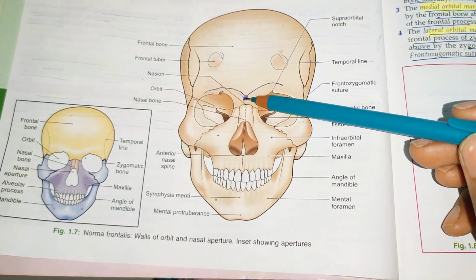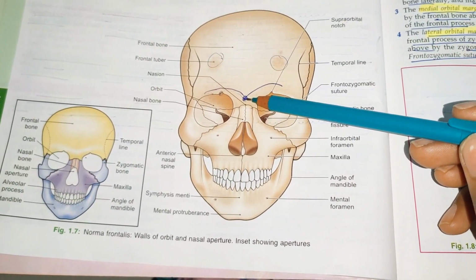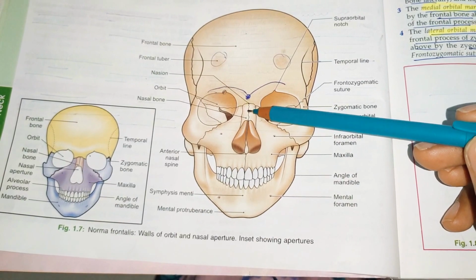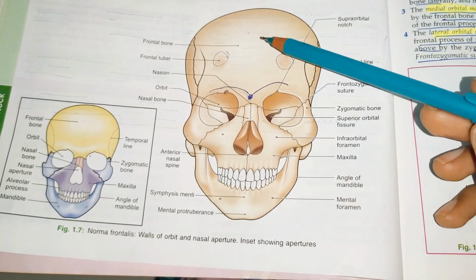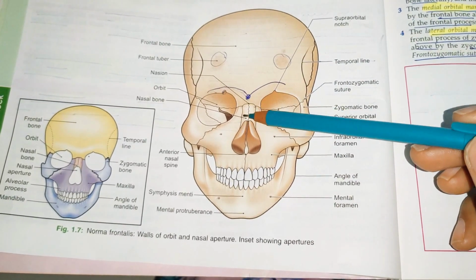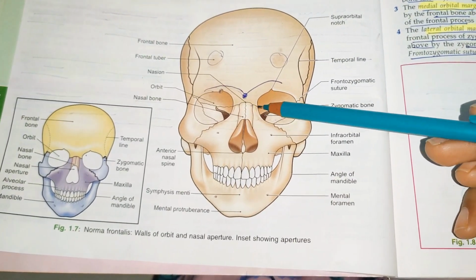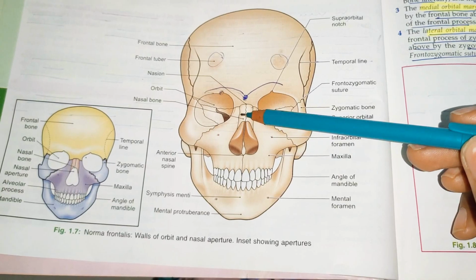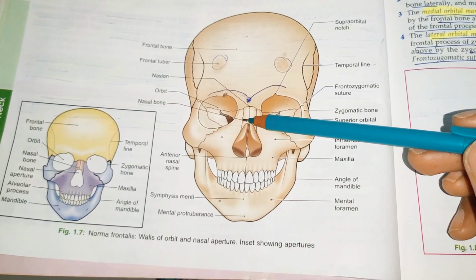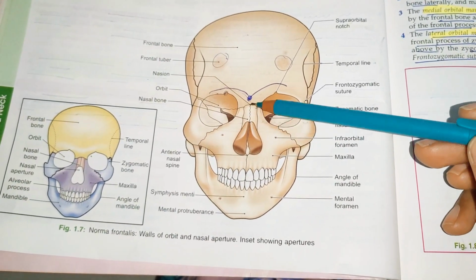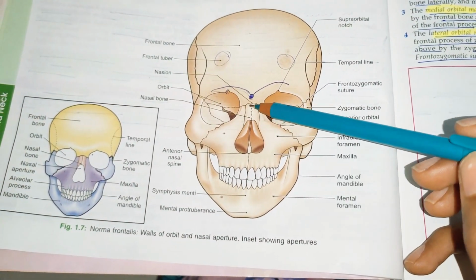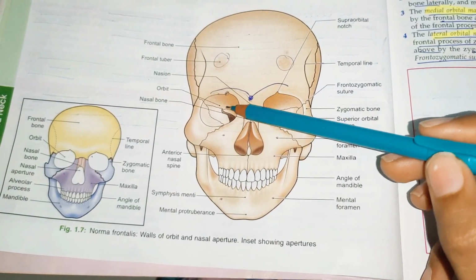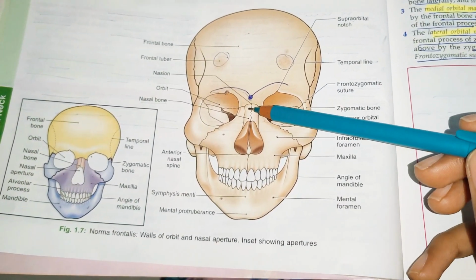This is a medial elevation. Below the glabella, the skull recedes to the frontonasal suture at the root of the nose. Frontonasal, because this is the frontal bone, these are the nasal bones, and the suture in between is called the frontonasal suture, okay. If you see the frontonasal suture is meeting with the internasal suture, this point is called nasion. So nasion is the point where the frontonasal suture meets the internasal suture.